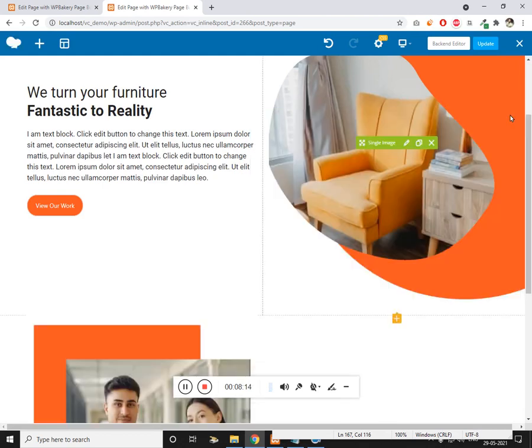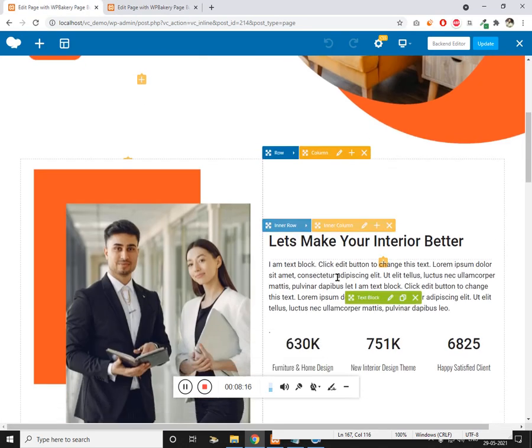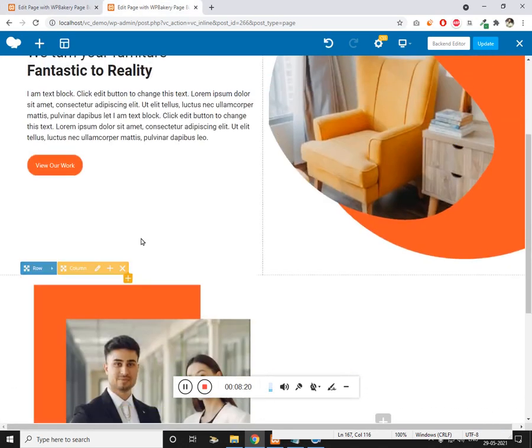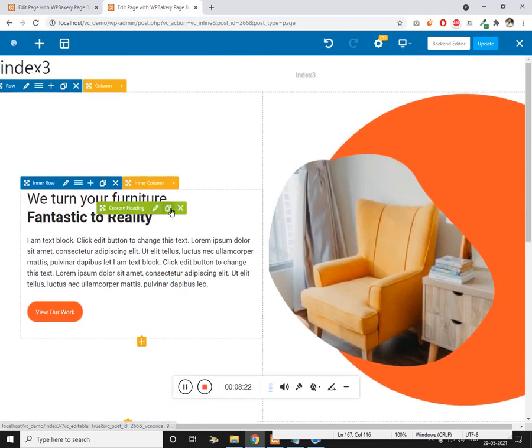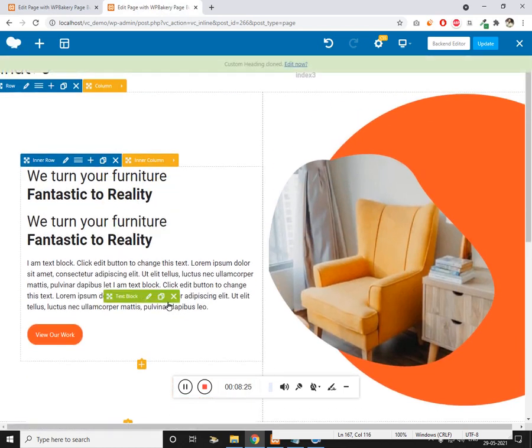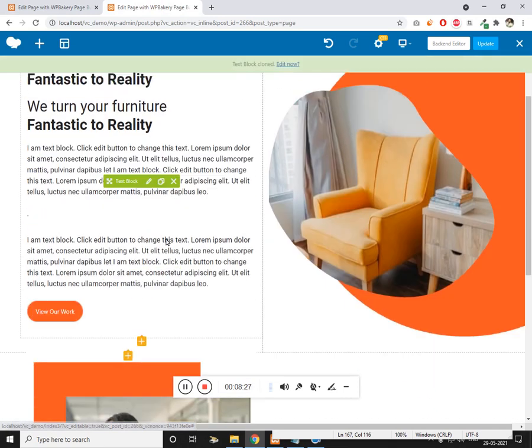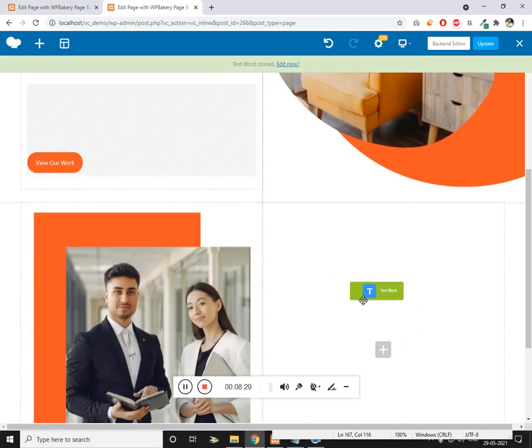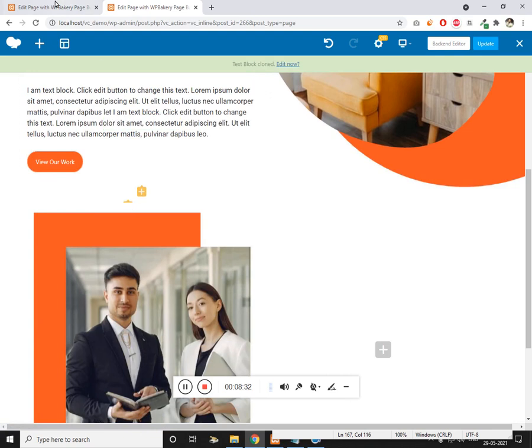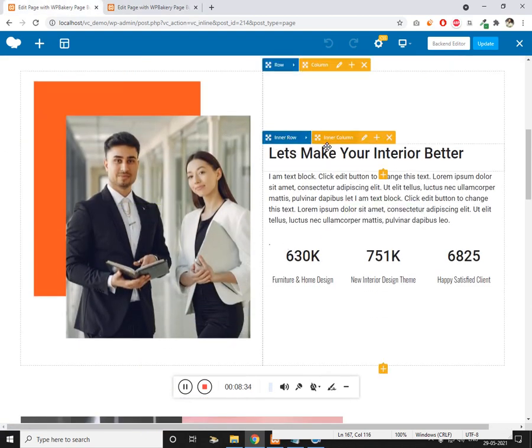Cool. Now we just need a heading and a paragraph, which we can duplicate from here just to save time. Drag this content, and let's see, we need an inner row as well.